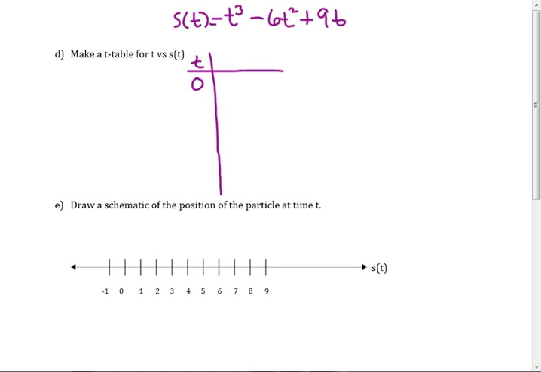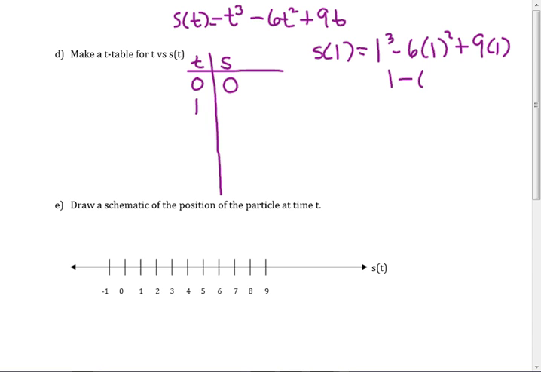So what's the easiest time value to put in there? And so what's my position? 0. Well, 1 isn't so bad either. s of 1 is equal to 1 cubed minus 6 times 1 squared plus 9 times 1. We can do that. 1 minus 6 plus 9 is